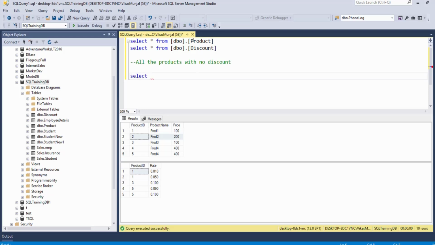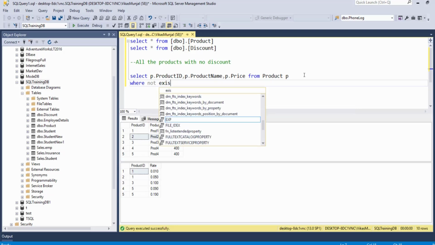Let's say I am interested in the product table, so I will write select star from product and I label it as P. But I'm interested in the columns which are P.product_id, P.product_name, P.product_price. Then I'm writing where